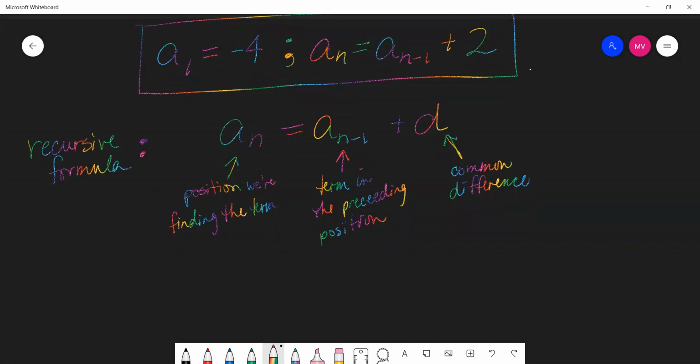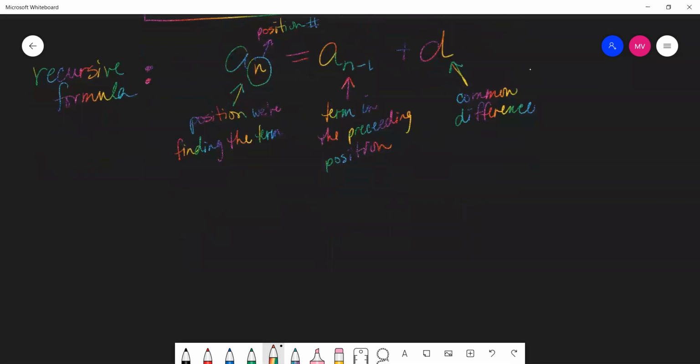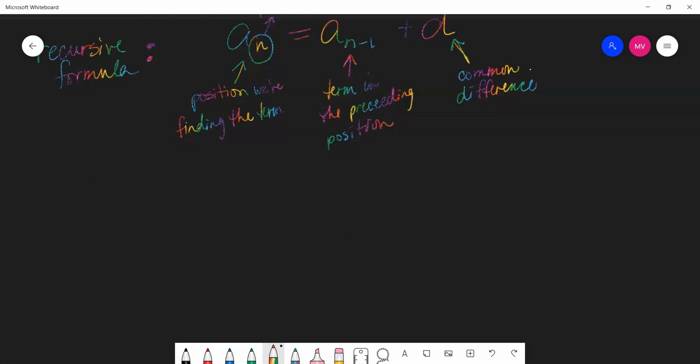So we're calculating the term that exists in position N. This is your position number. That's why with a recursive formula, you have to make it a recursive definition by defining your first term. Because once you know, did we actually do any of these? No, let me show you. So like if I know that